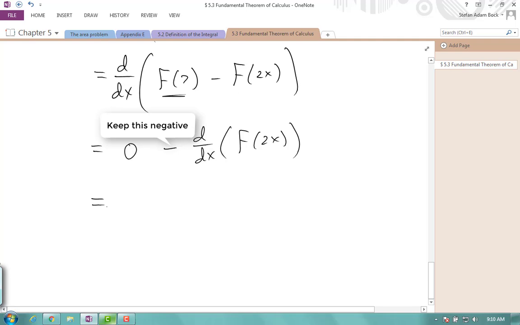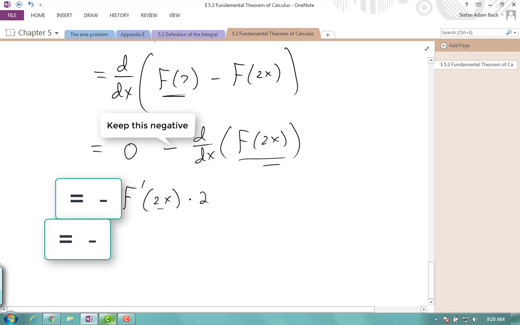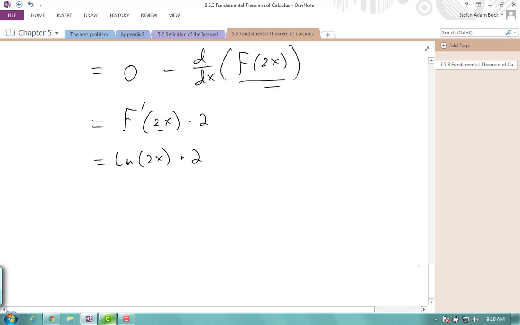And here's where our favorite derivative rule comes into play. I have to do a chain rule because I have a function inside of a function. So I have big F prime of 2x multiplied by the derivative of 2x, which is just 2, meaning I have the natural log of 2x times 2. So when I have different functions as bounds in my integrals, and I need to take the derivative for whatever reason, I have to deal with the chain rule. So I could have a very complicated example